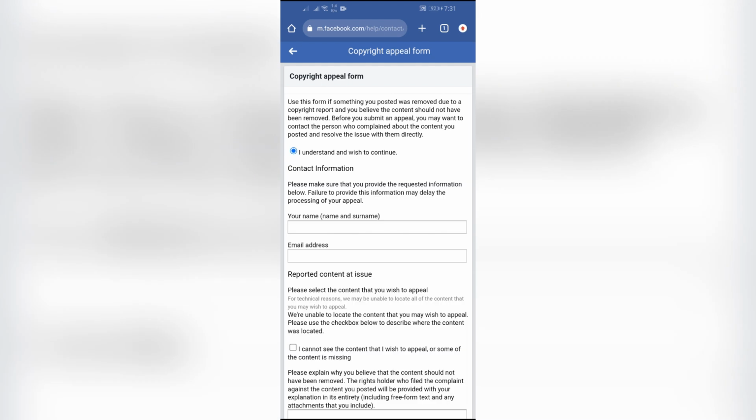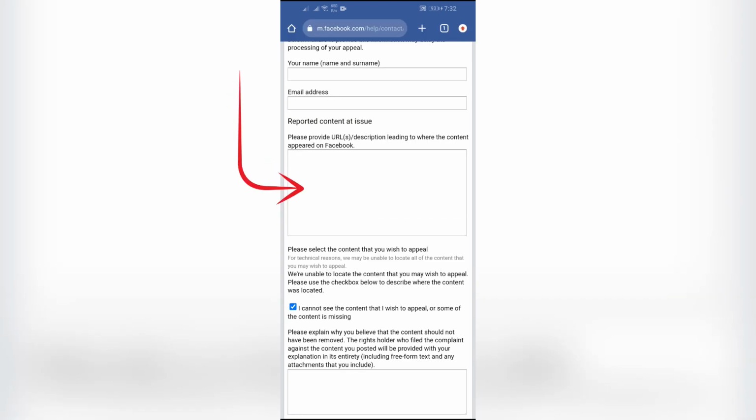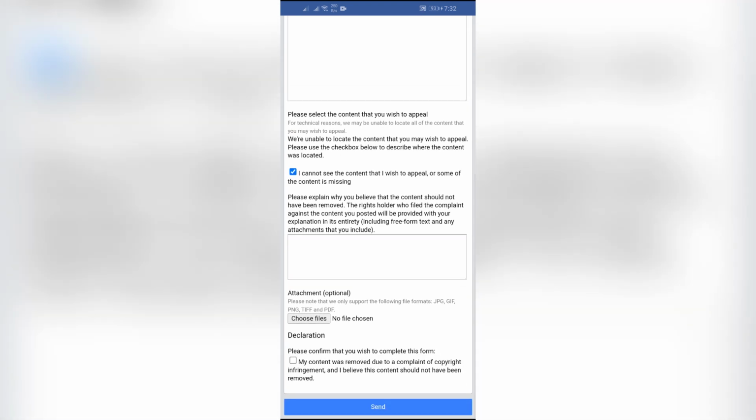enter your full name and surname into the first box, and after that enter the email address into the second box. And now after that just simply tick this box. In this box you just simply have to put a link that leads to where the content is. And after that you just simply have to explain why your content should not be copyrighted or removed in this